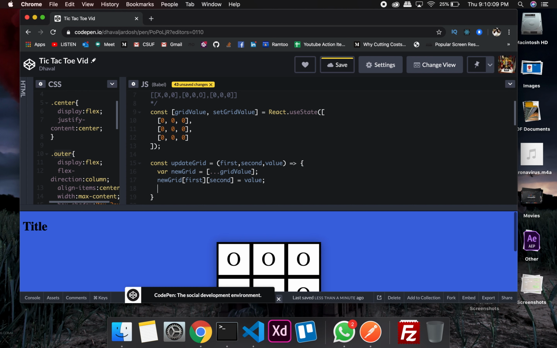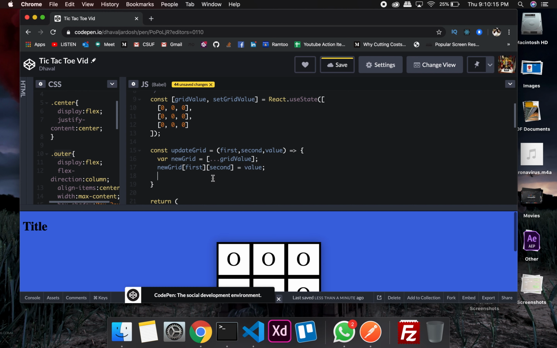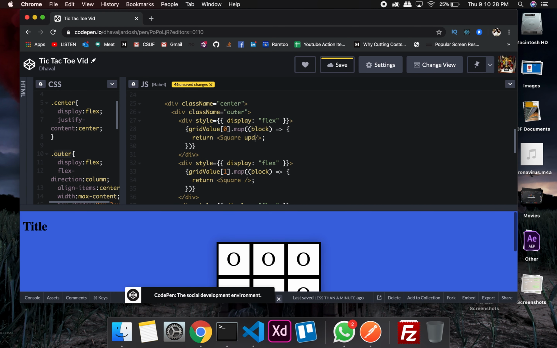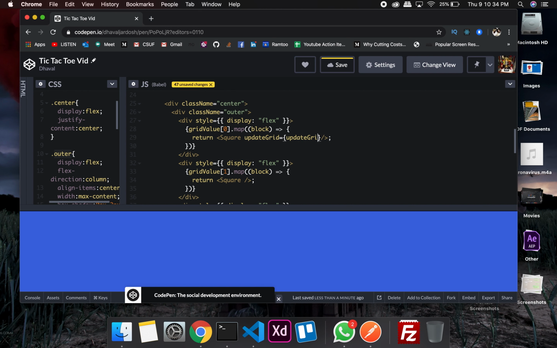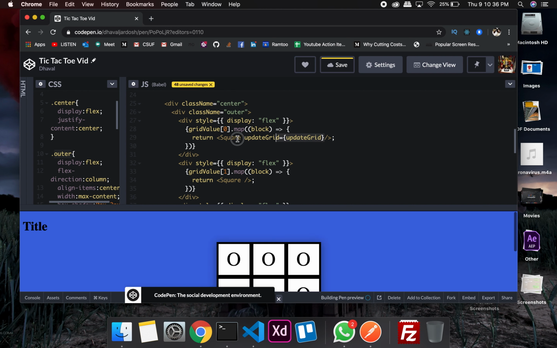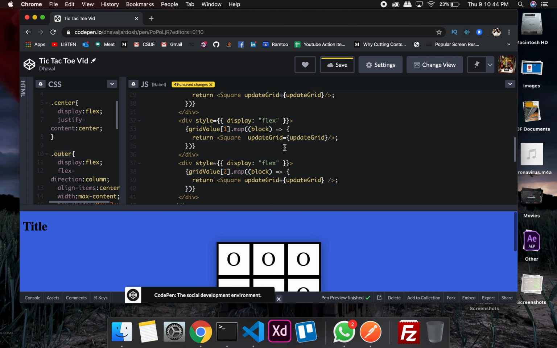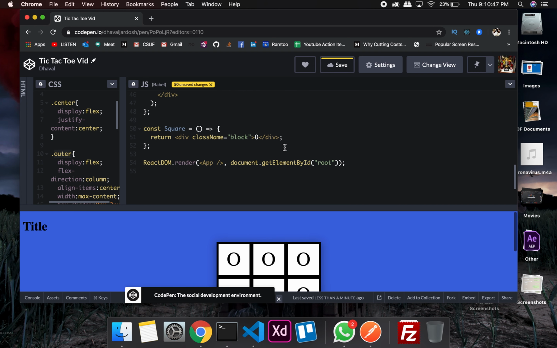Okay, so you can even have this value from the tone. You don't necessarily need to have a value. Okay, so set grid value to new grid. Okay, so I'm going to send update grid equals to update grid. So I'm passing in a callback function, and I'll need to do this for all of them. So this one is gone, this is gone, and inside of the square